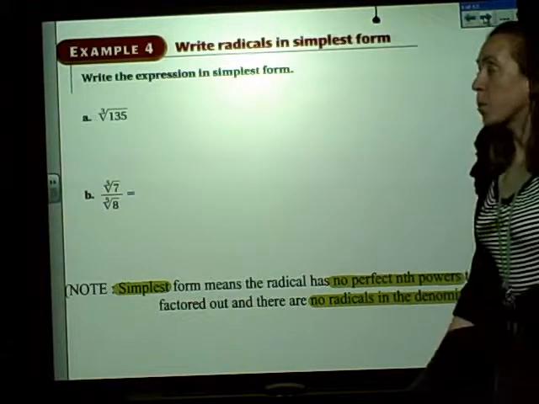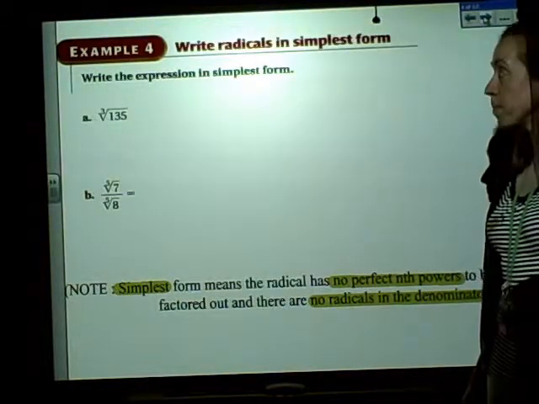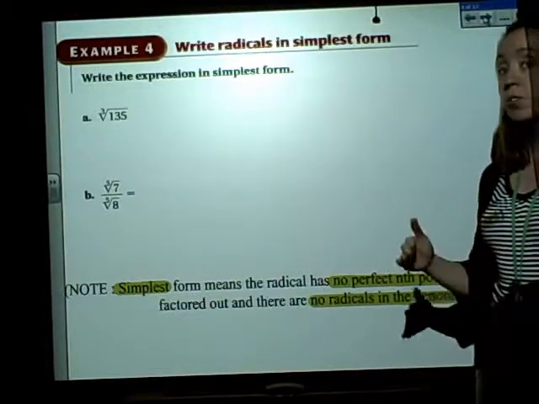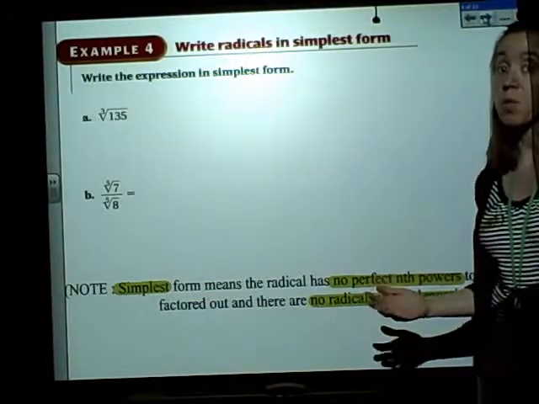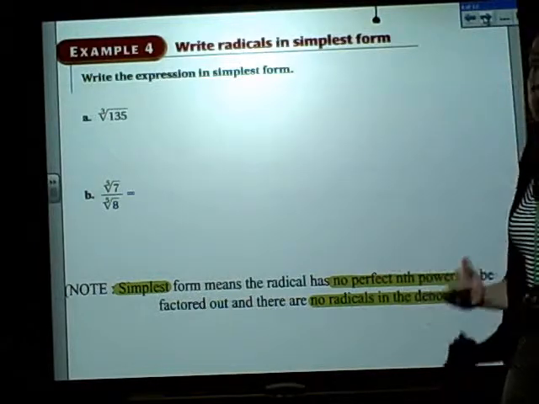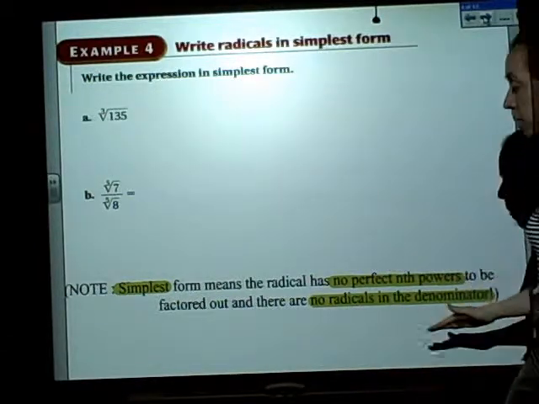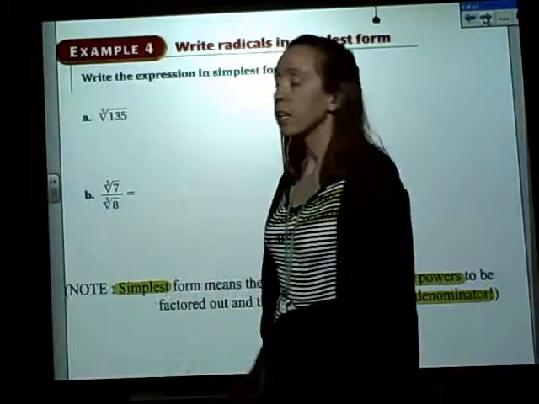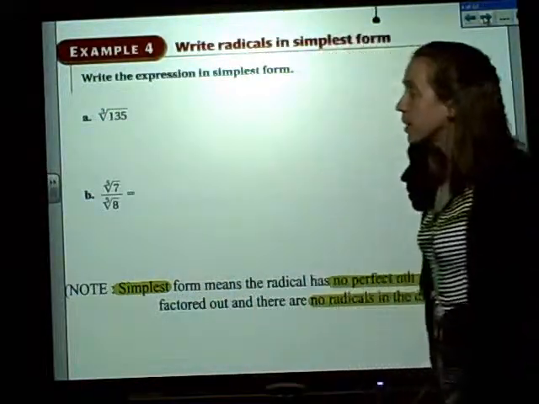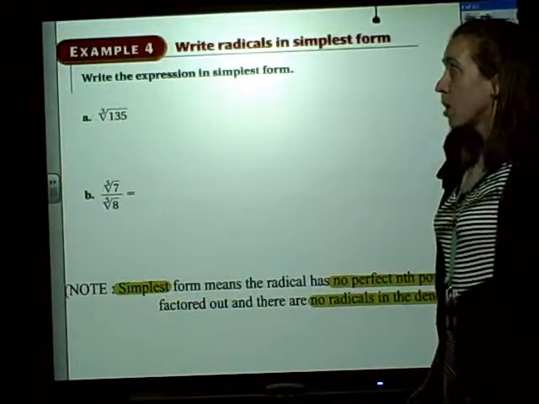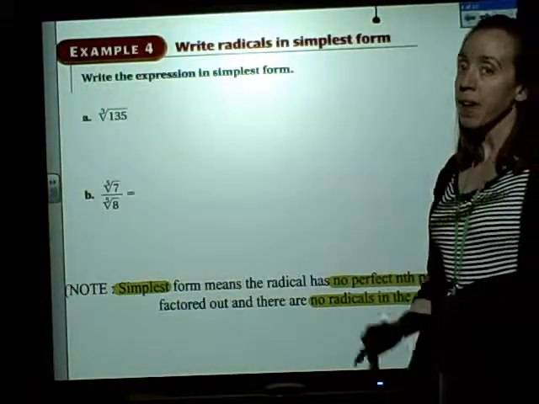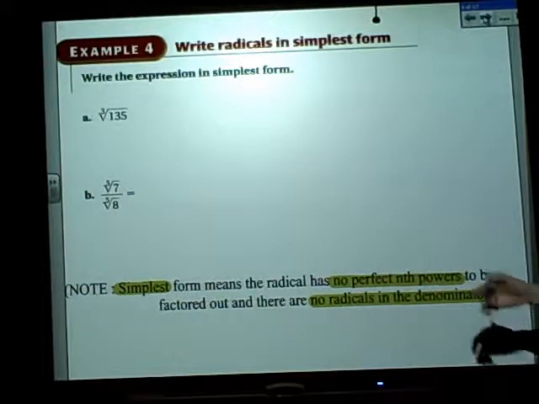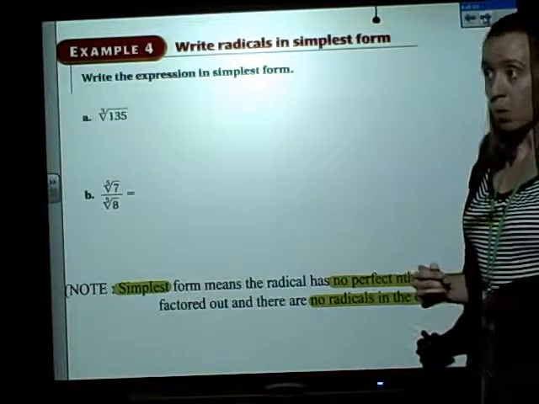Now we want to talk about writing radicals in simplest form. Same process as writing your square root radicals in simplest form. These just use different perfect powers, but again, same math you're going to do. So for A, we want to rewrite the cube root of 135 into simplest form. Taking 135 and raising it to the 1/3 power would give us a decimal. So what we're going to do, like we did before, is